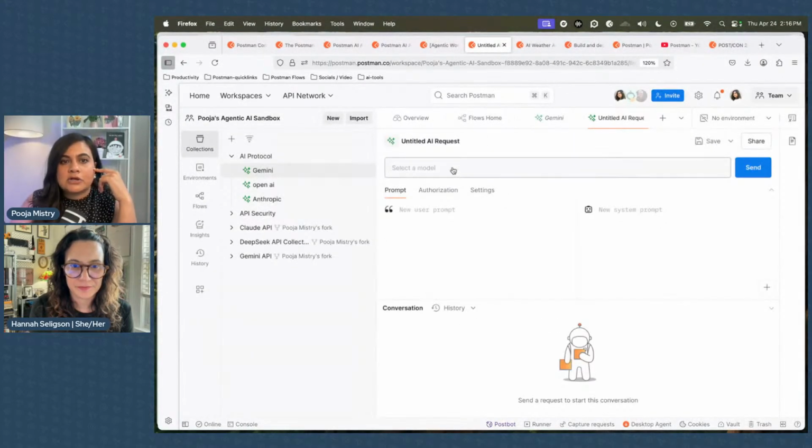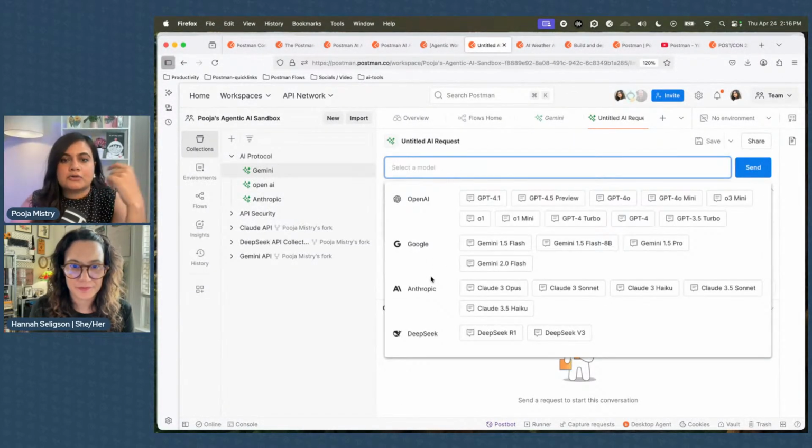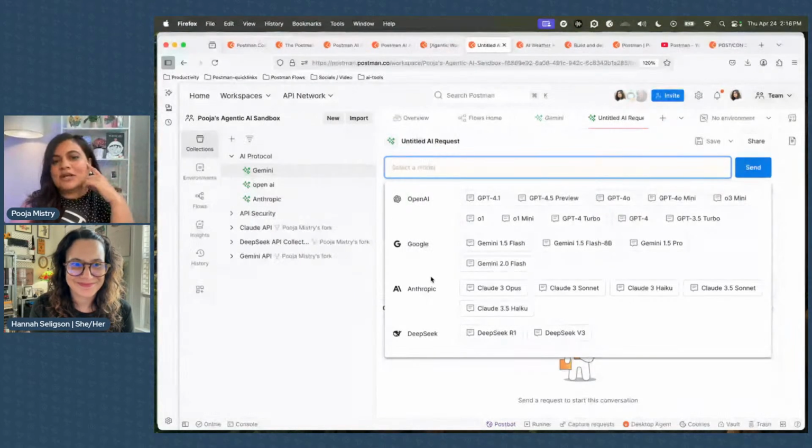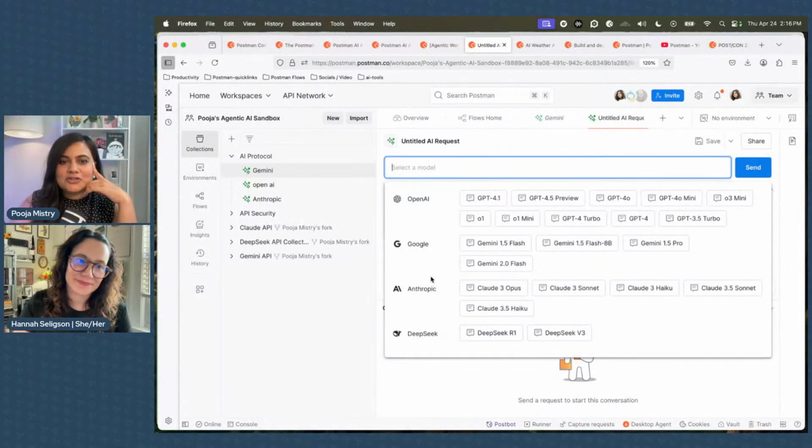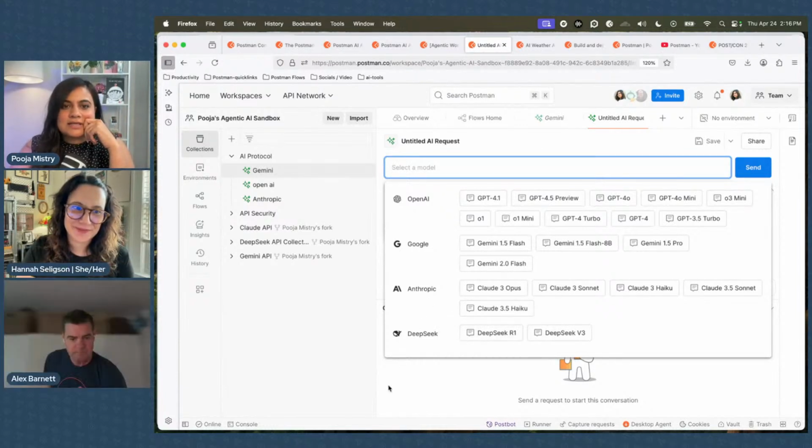What happens here is you can select the different models. At Postman, we're always trying to keep up with all of the AI things that are happening in the world. Whenever there's a new model that gets dropped, I think we've been doing a good job getting it together, and that's a testament to our engineering team. What do you think about that, Alex? Because when DeepSeek came out, when Anthropic came out, we were pretty quick to get them into our protocol.